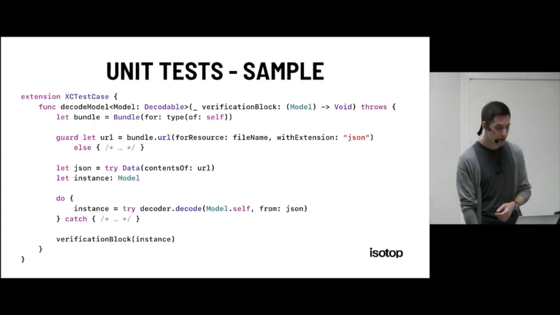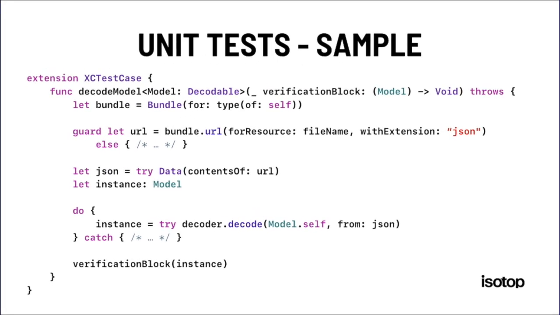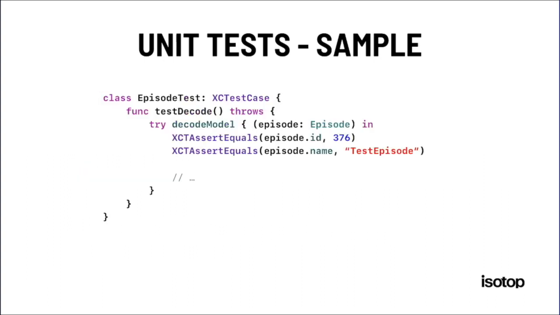So for unit tests, especially for our networking models, we defined an extension to the XCTestCase class. We call it decode model. And as you can see, it takes in a verification block as its sole parameter, which in turn takes the generic model, which is an instance of Decodable. And what this does is that it loads up a JSON file on disk with the same name as the model class, and then it tries to decode it, and then it passes it to the verification block, so that in my unit tests, I can simply focus on how the decoded model should look,